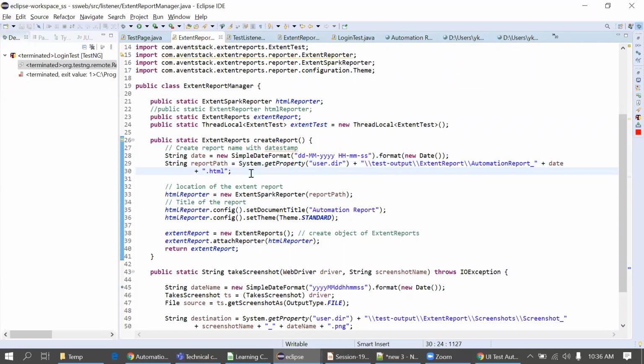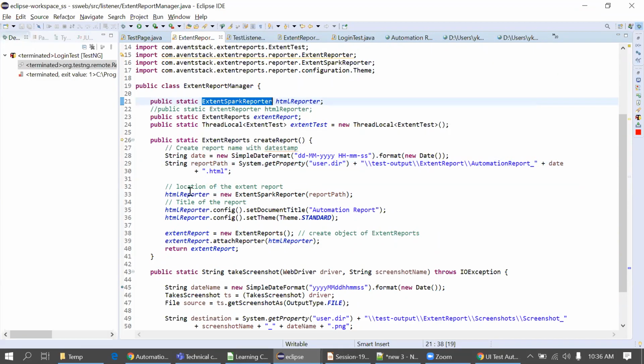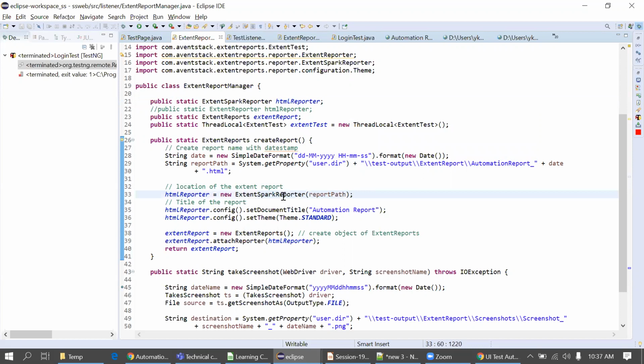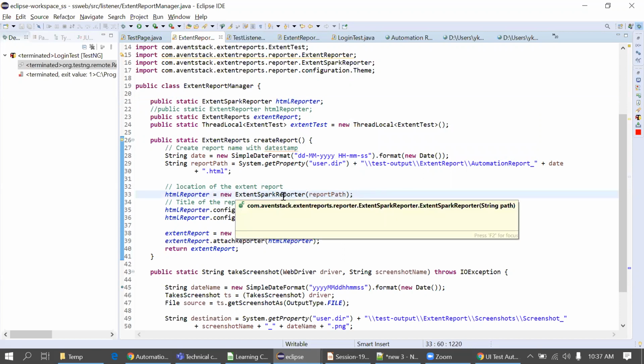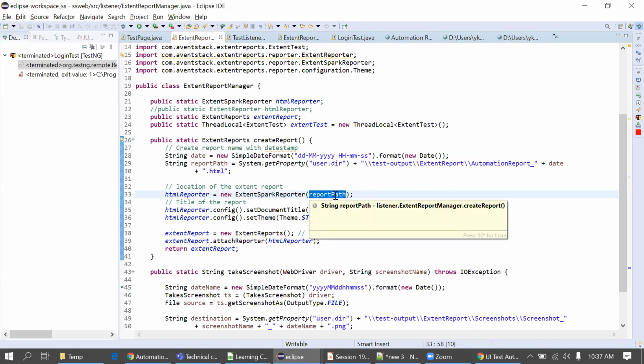Again, I'm going to line number 21. This is a class, right? ExtentSparkReporter. I have to create an object of this class, then only I can access the methods inside it. So at line number 33, I have created the object. When we are creating the object of ExtentSparkReporter, it expects the path where we want to put that report file.